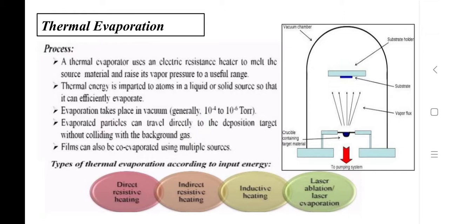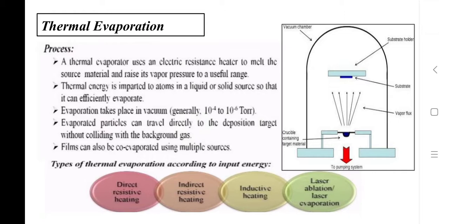So from this particular figure, as I have shown in this slide, you can understand that we are having a certain source over there, and then we are doing the degreasing, we are having a coating onto the wall, so that heat cannot go outside, and this is our substrate material as I have shown in that diagram, which we are going to coat. Then we are agitating this material by means of a heater or maybe an electrical coil, so that this can form a vapor, and that vapor directly can deposit onto the substrate.